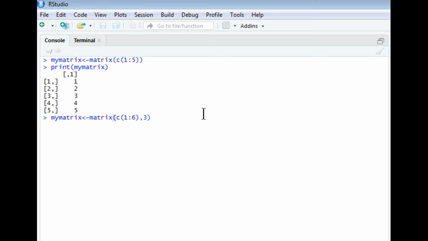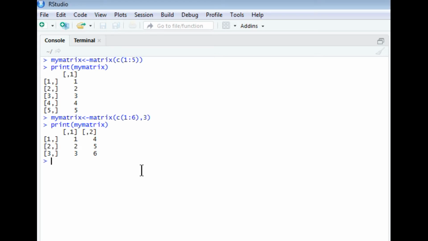I press enter, then print my_matrix. You will see the output comes as 3 rows, and the number of columns has been decided internally by the amount of data that we gave.